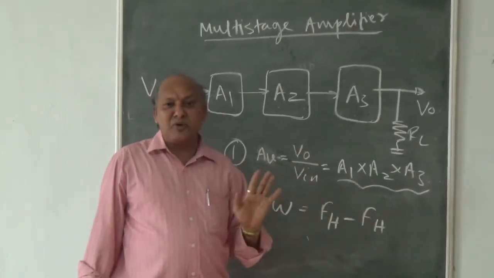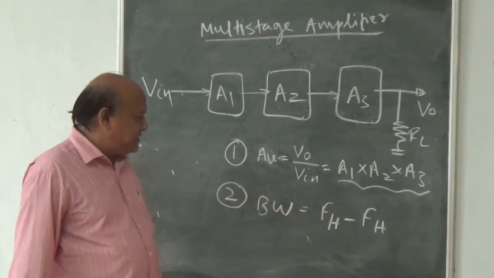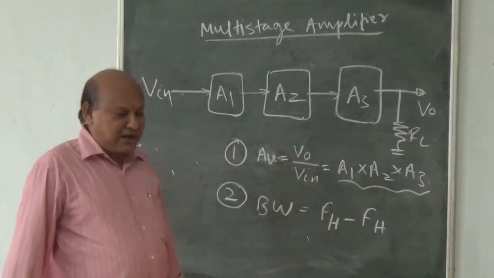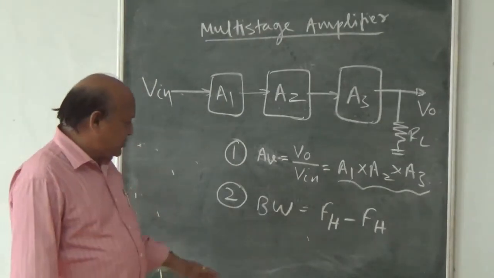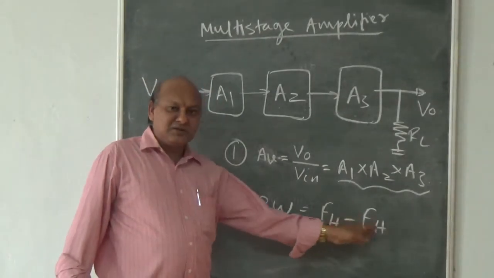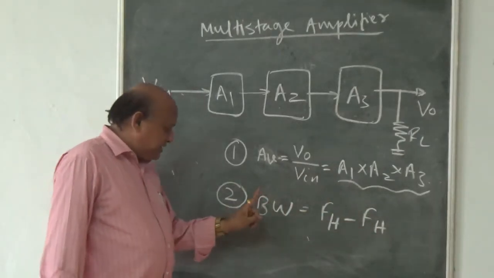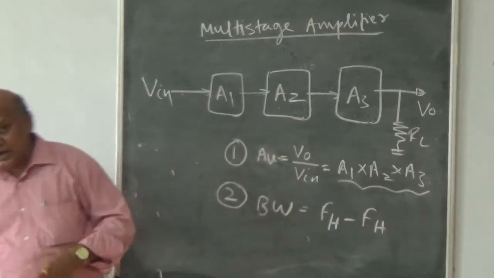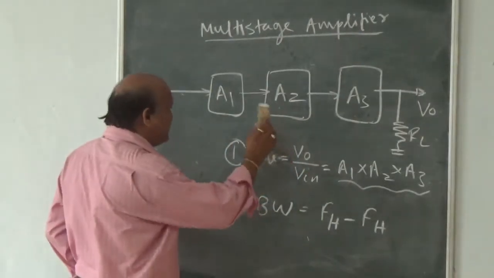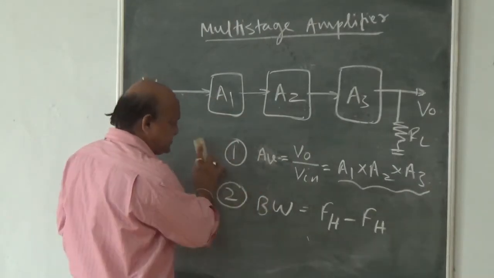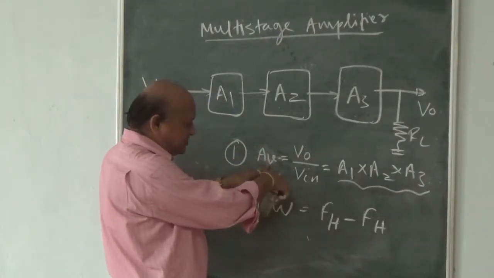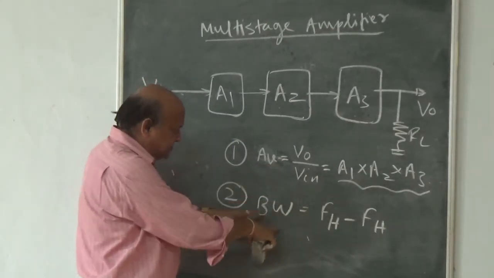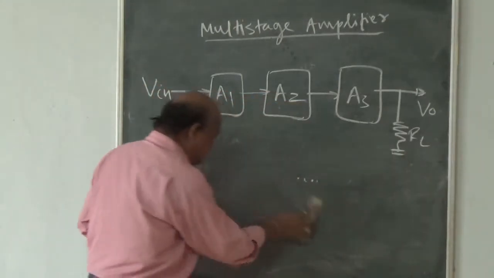We have also studied it in the prerequisite subject of analog electronics, that is, basic electronics. So in basic electronics we have already covered bandwidth, but even then I will tell you here the effect of bandwidth with the help of the multi-stage amplifier. Just spend 1 minute on the effect of this bandwidth. I have already told you about the voltage gain of the multi-stage amplifier, and next is the bandwidth. Now what is this bandwidth here?